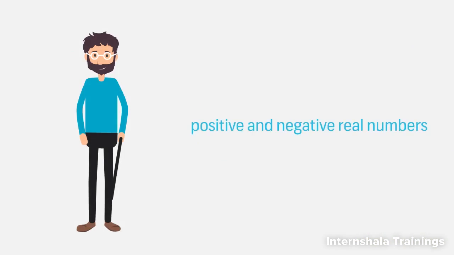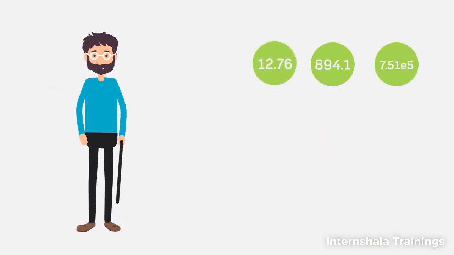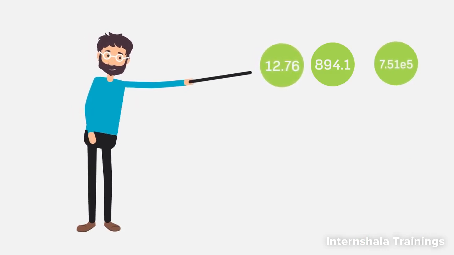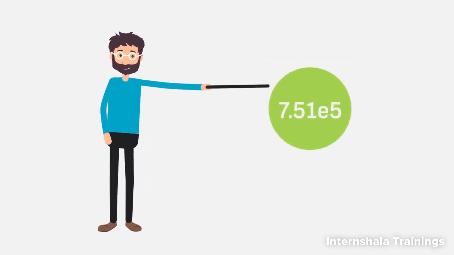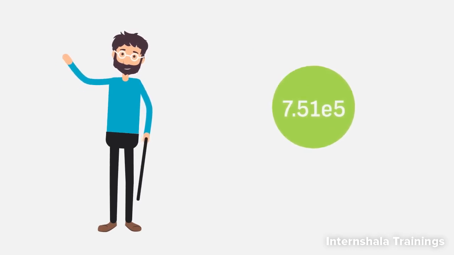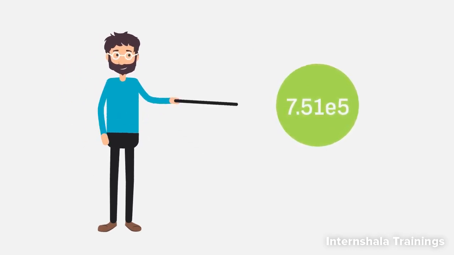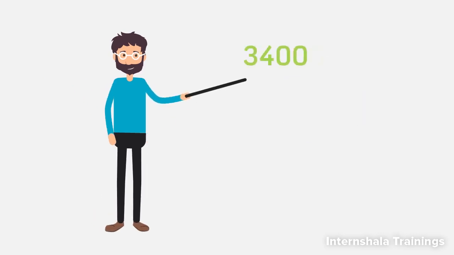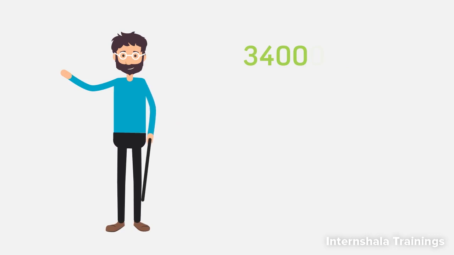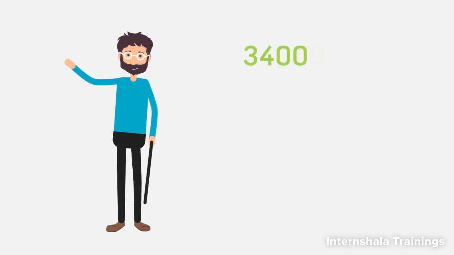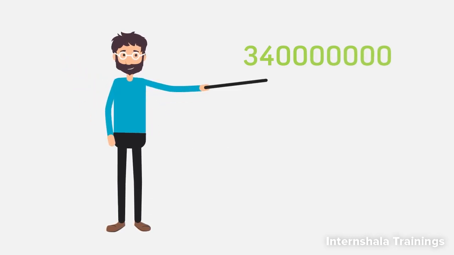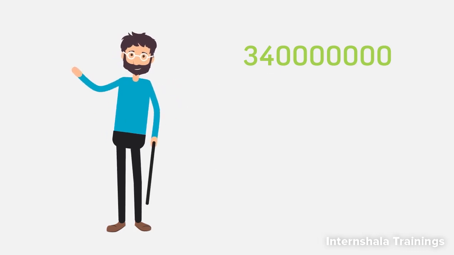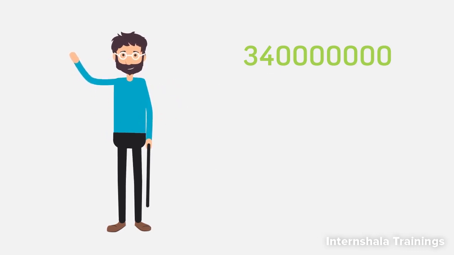The float data type represents positive and negative real numbers with the fractional part showed either with a decimal or with the scientific notation. We use scientific notation to represent large numbers with fewer digits so that it is easy to understand the large numbers. Let me explain. If we write 3400, you can immediately understand this as 3400. However, if we write a large number like 34 with 7 zeros, it takes us a little time to understand the magnitude of this number.